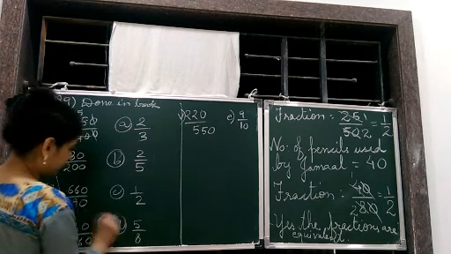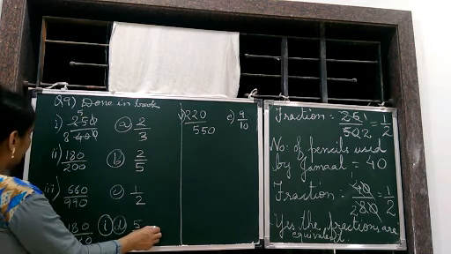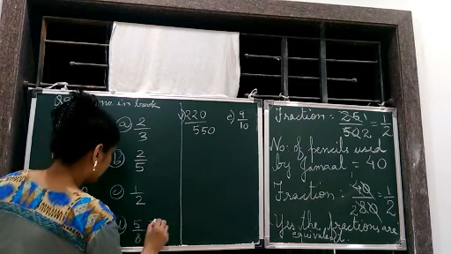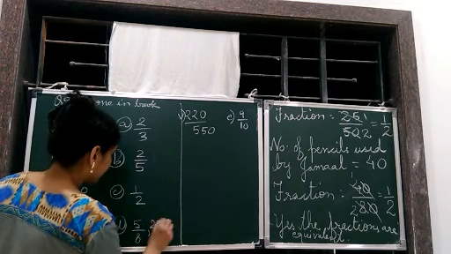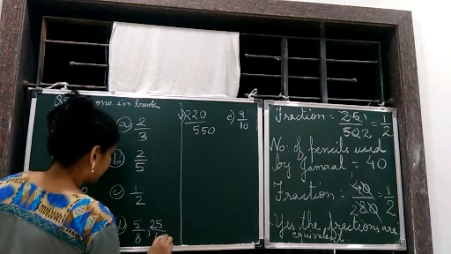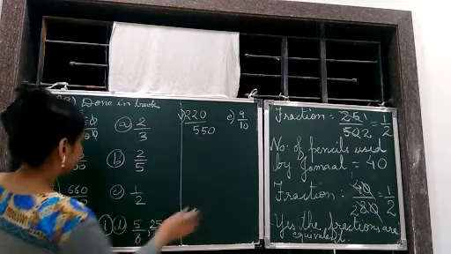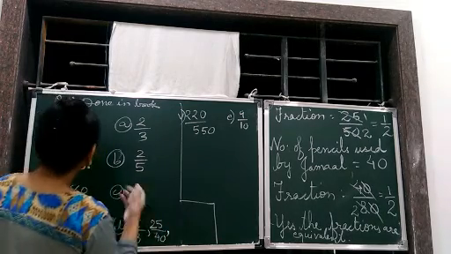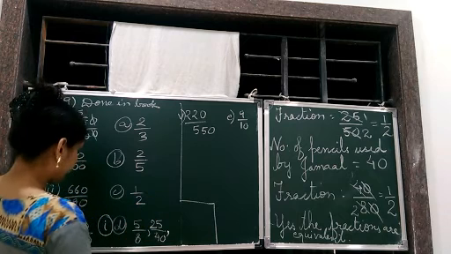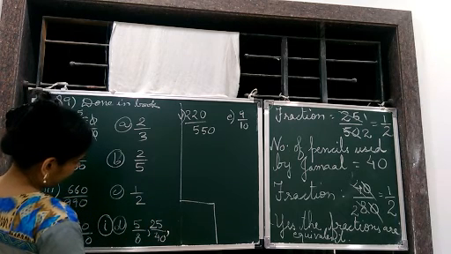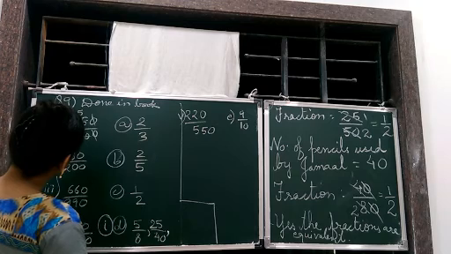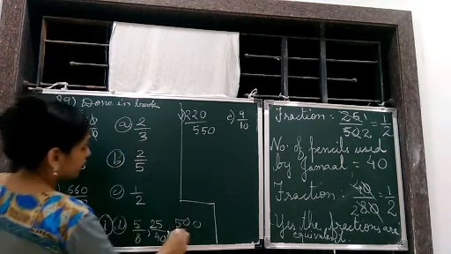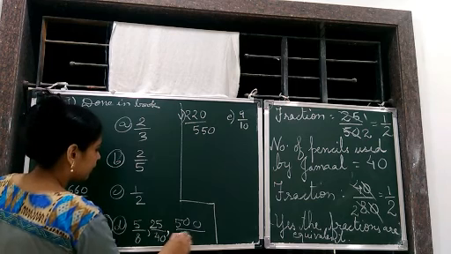So this is the first one. I am writing it here. Now you can write here. 2 more we had to write. So these that come out, we will write them. What has come out? 25 by 40 and 5 by 8, which is already written. 2 more: 500 by 800, double of it. Multiplied by 2. 500 by 800.